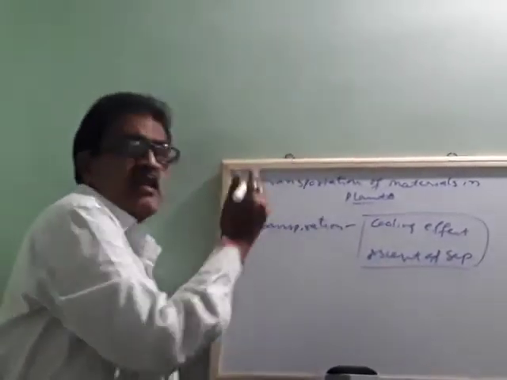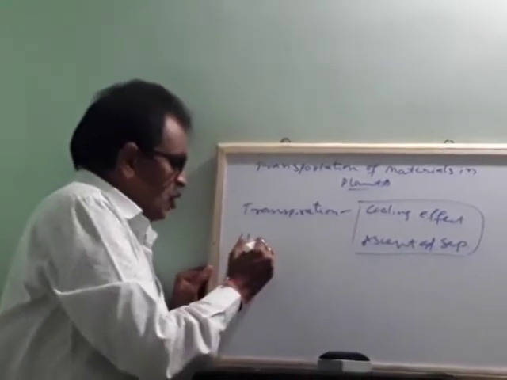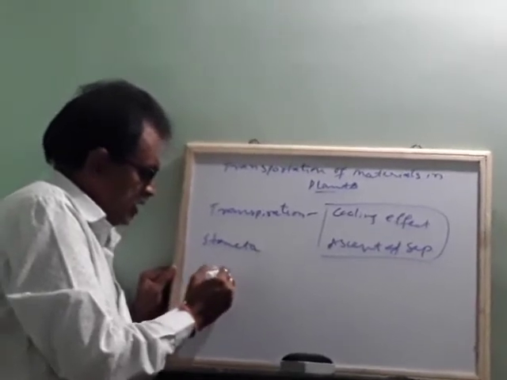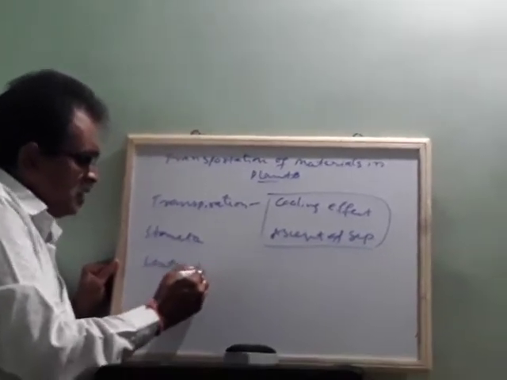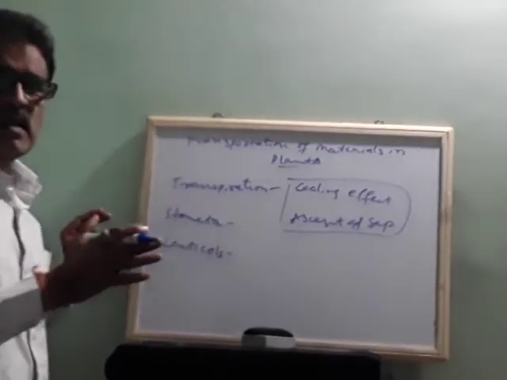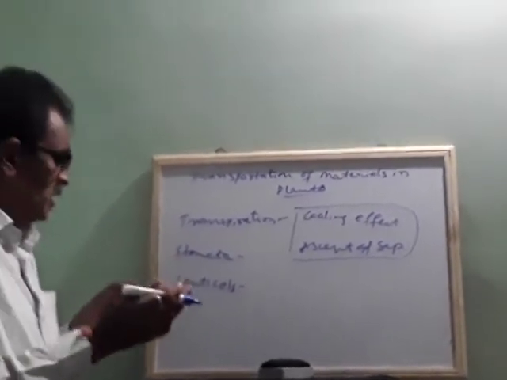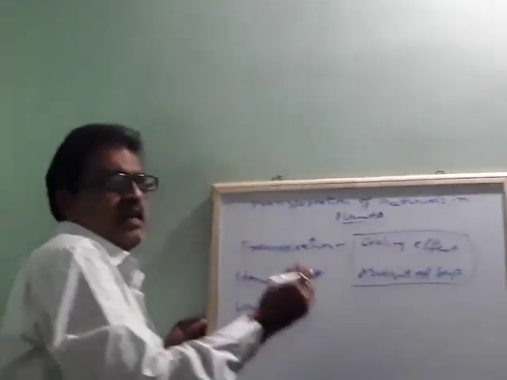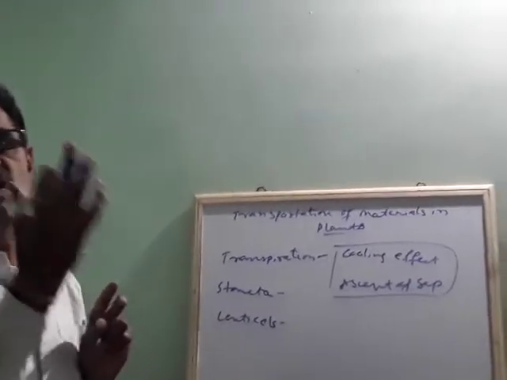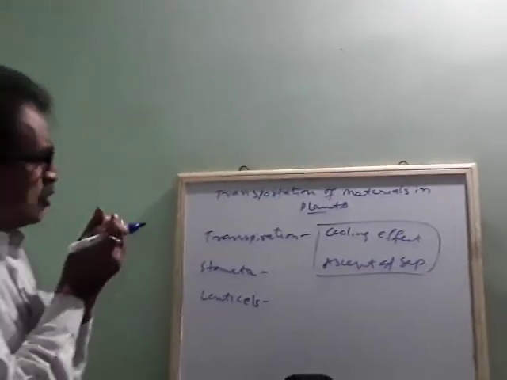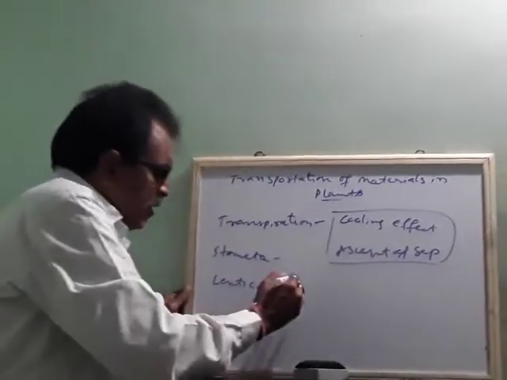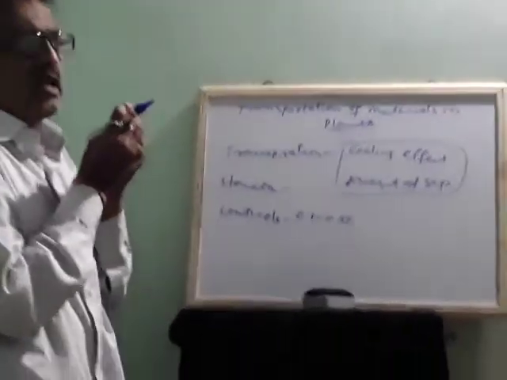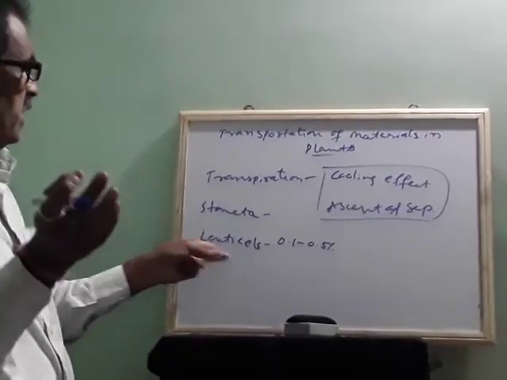But how does transpiration take place? It takes place through stomata and it takes place through lenticels. Okay. So stomata means excess water, waste water is sent out through stomata, or sometimes these lenticels are present in the bark of the stem. So through small holes, 0.1 to 0.5% of water or any mineral will move out through the lenticel.